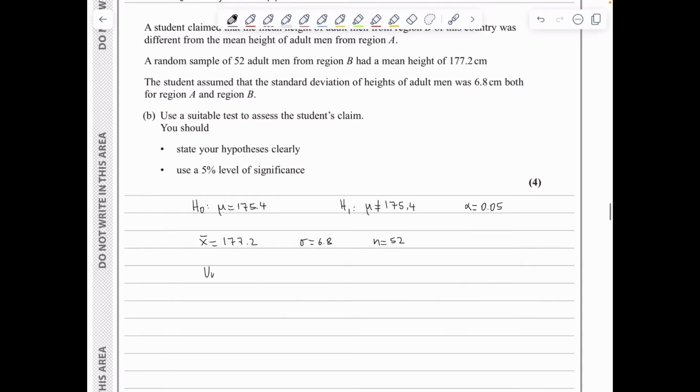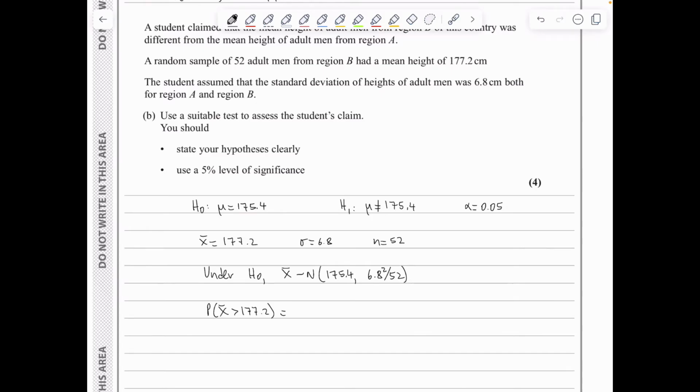Well, under H0, which means that if the null hypothesis is indeed true, the sample mean follows a normal distribution with mean 175.4 and variance 6.8 squared over 52. So we divide by the sample size. And we know that if there is indeed a significant difference from the null hypothesis, it is towards the greater than, because we have seen something greater than what we expected. So this means I will be finding the probability of x bar being greater than